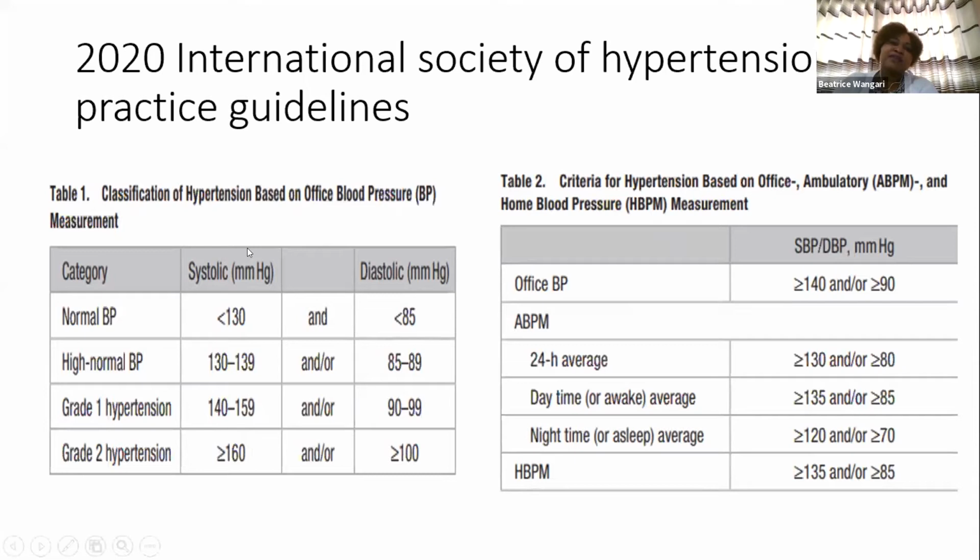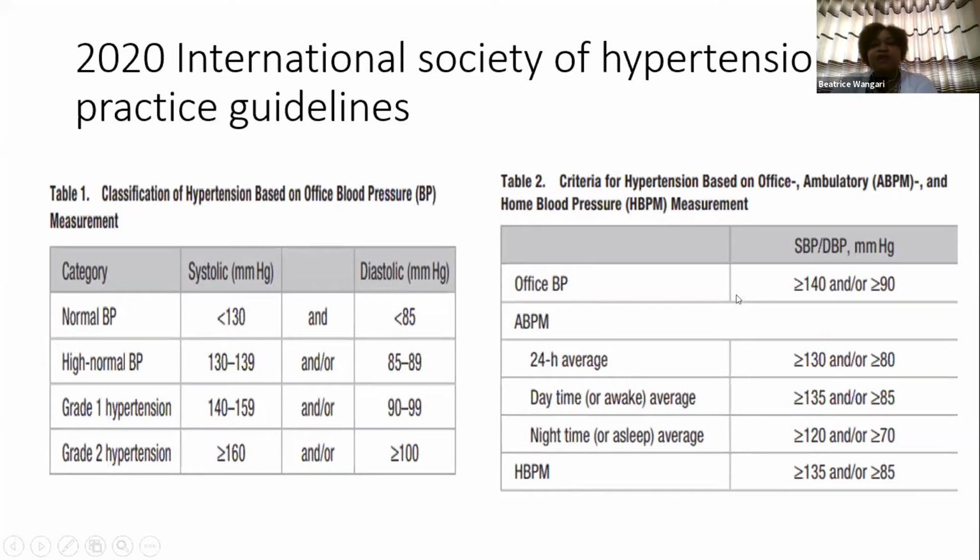So they gave us thresholds and treatment targets: for office blood pressures, we go back to making a diagnosis of hypertension when the systolic blood pressure is above 140 and the diastolic